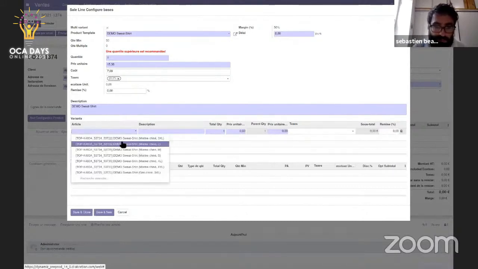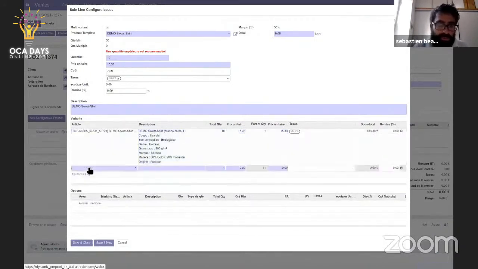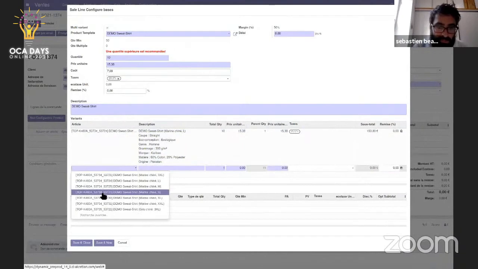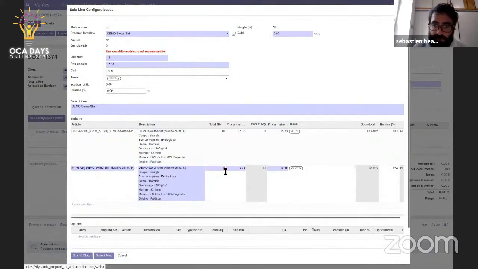So I'm going to add one of the variants. So for example, I'm going to put this one with a quantity of 10. Then I can put this one. So I pick different sizes, so it's a variant of products. I can put 20.